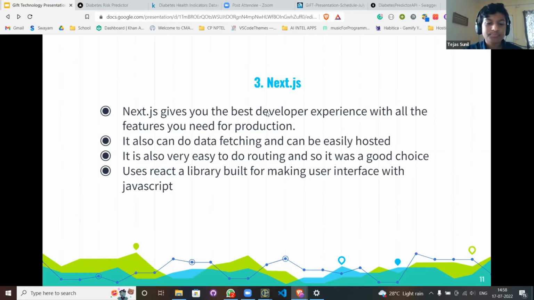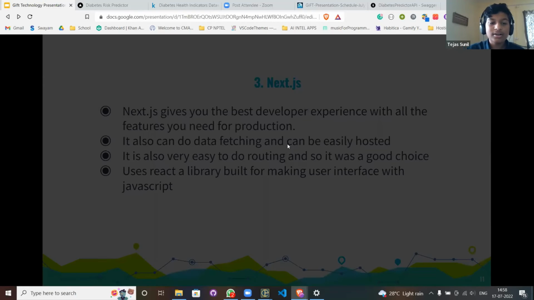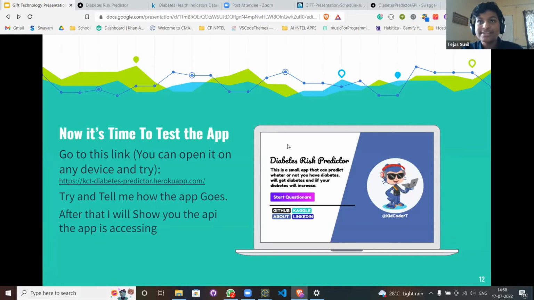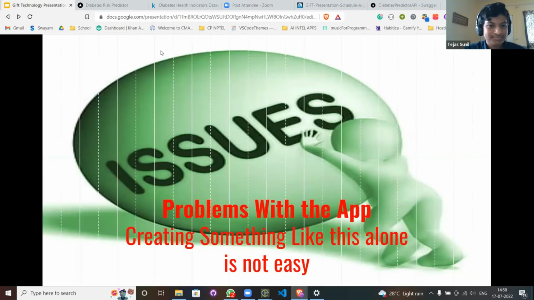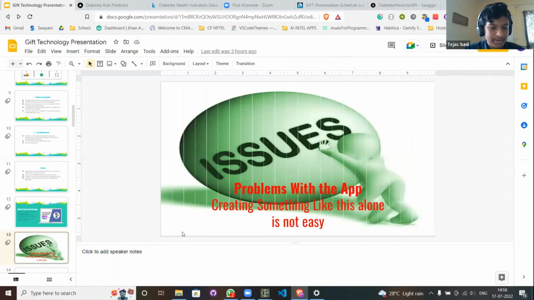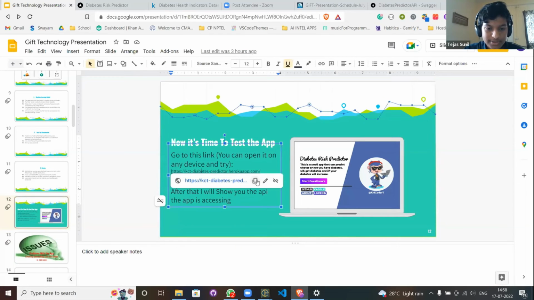So yeah, that's my front end, and I believe you guys now know enough to actually try my application. I hope you all like it. It was finished just a week back, not kidding, just this Monday. That was the final testing phase. But okay, I'll just share this link with you all. Give me a second.